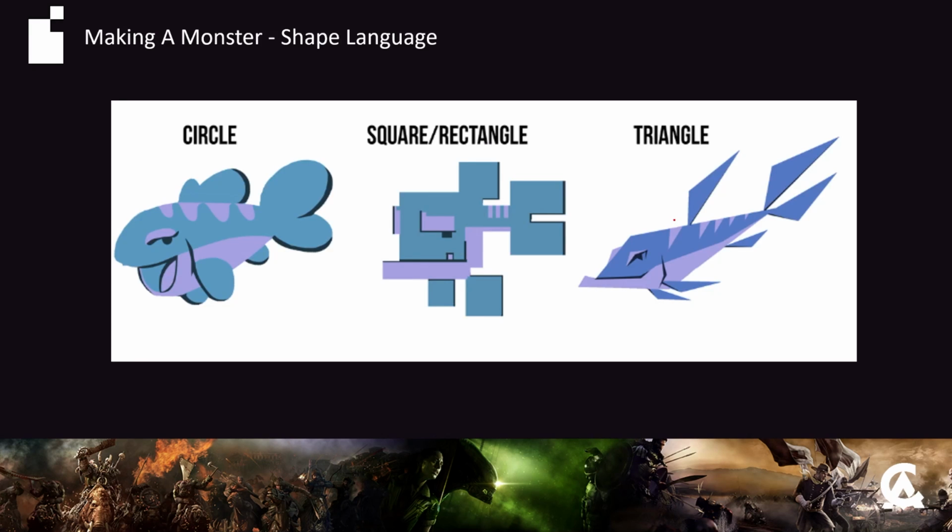So the same character, what's the difference? All these shapes. Exactly. This one's made of circles, this one's made of squares, this one's made of triangles. I guess they all tell their own character. If it's a circle shape, circle is cute because it's round. It's adorable. So if you do want to convey a cute monster, round shapes are the way to go.